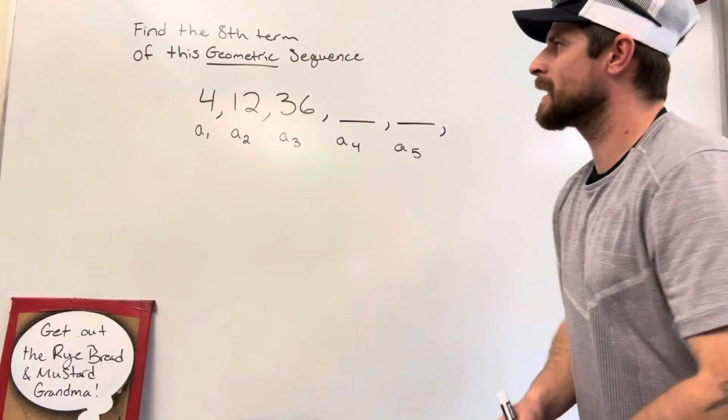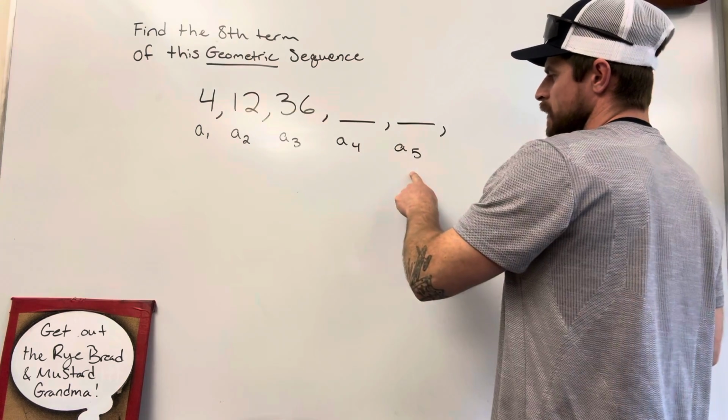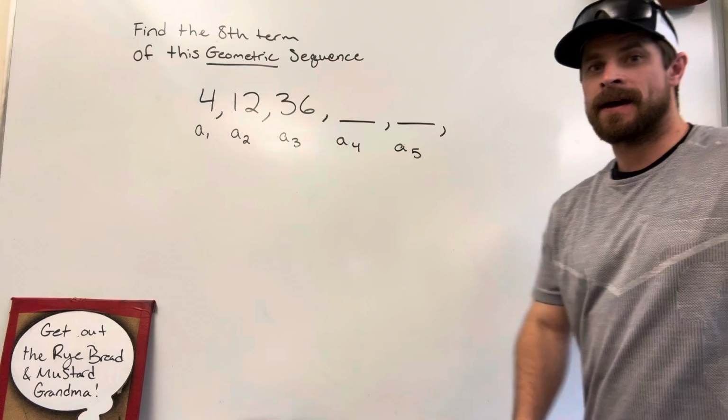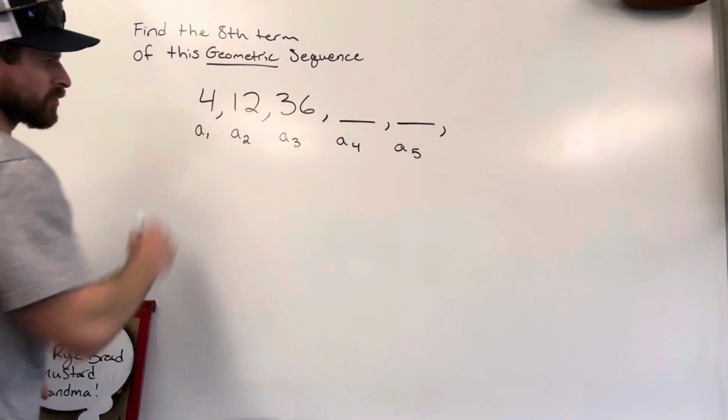Let's look at some geometric sequences and figure out how to get to the 8th term. Because right here, I just have it going through 5 terms. How do we get right here to the 8th term instead of having to multiply over and over and over again? Let's break it down, make sure you understand what a geometric sequence is and how we